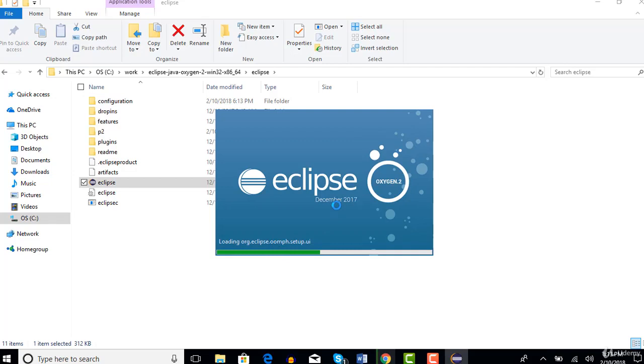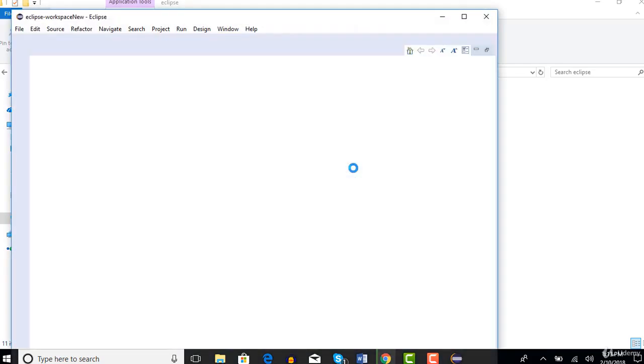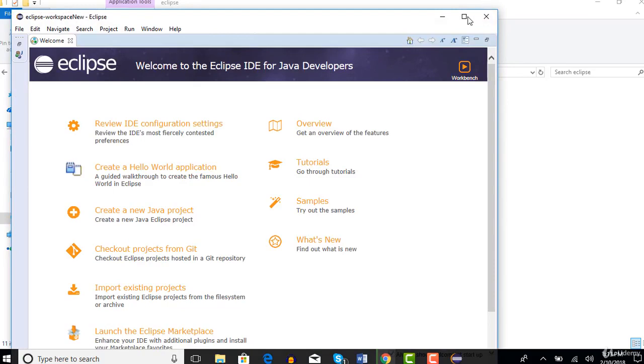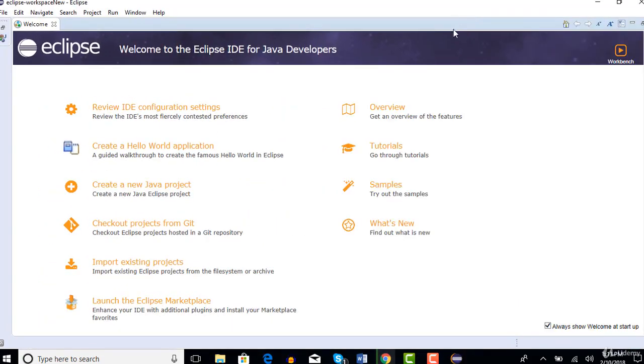Even this requires Java, so Eclipse is now talking with system variables to find Java so that it can run its supporting files. This is the first look, and we will directly jump into the Workbench by selecting this. This is just about tutorials, but I'll explain all this. So let's step into the Workbench.